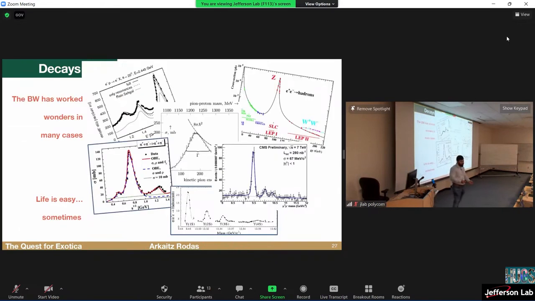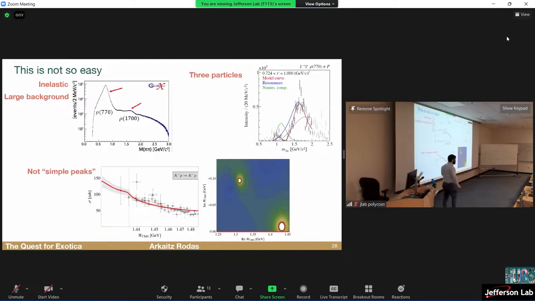And for many, many years, this was a very successful tool for hadron spectroscopy. You have lots of different peaks that can be well described by this formula. And so you can extract all these levels in the spectrum, their masses and their widths. However, light is not so simple. And many other reactions, particularly the ones that we are looking at nowadays, are much more challenging. So whereas you can look at peaks like this and describe them with Breit-Wigners for the rho that we've been talking about, getting its excitations, like the rho prime, is not so simple.